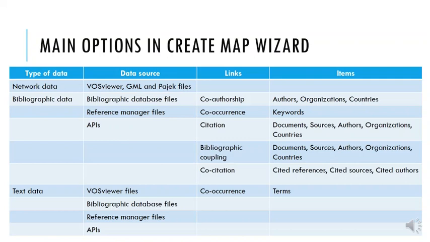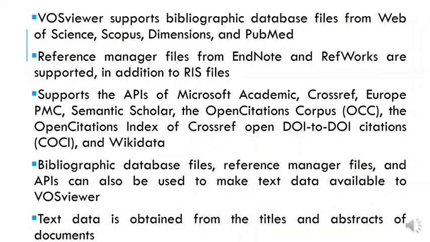The analysis output, which is the items of interest, can be the authors, organizations, countries, keywords, documents, sources, cited references, cited sources, or cited authors. If you want to create a map based on text data, you can create the co-occurrence link, and the output will be the terms. It is important for you to know that VOSviewer supports bibliographic database files from Web of